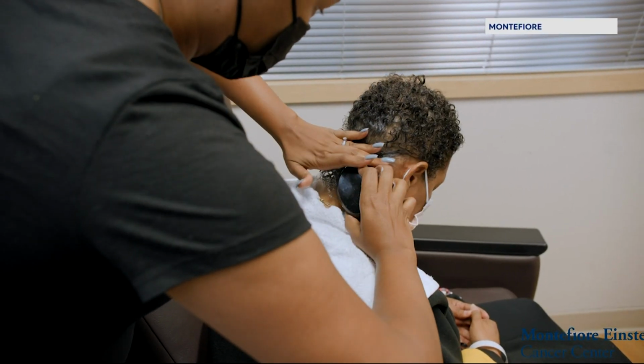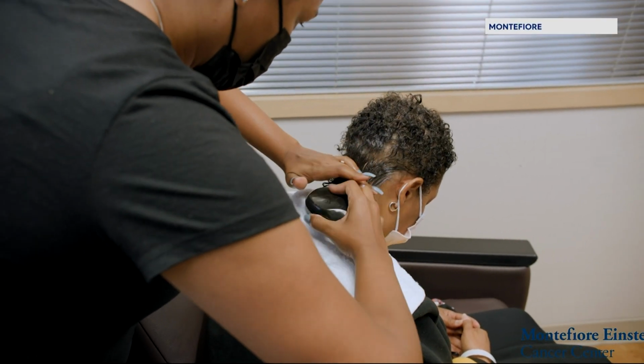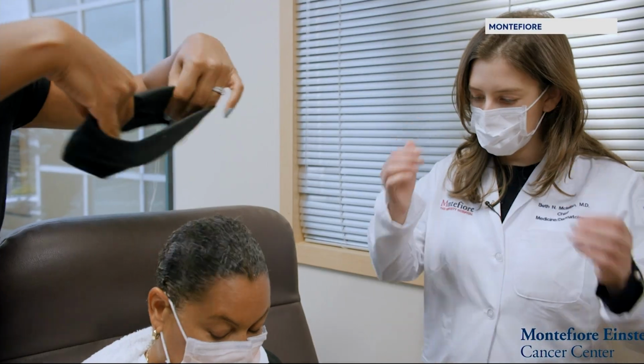The goal is to bring equity to care and outcomes. We actually see patients who decide they don't want chemotherapy, or they may choose a less effective chemotherapy just because they don't want to lose their hair. And we know that cancer outcomes are already worse in this patient population. And so anything we can do to improve and lessen